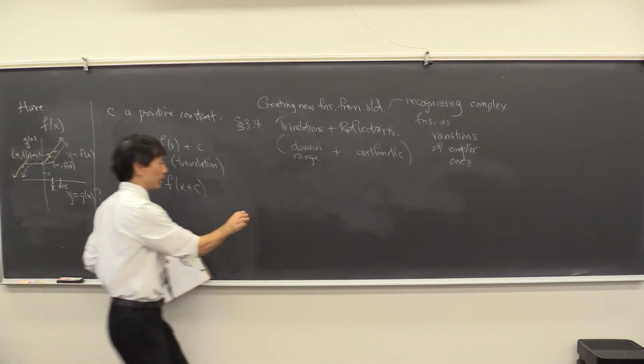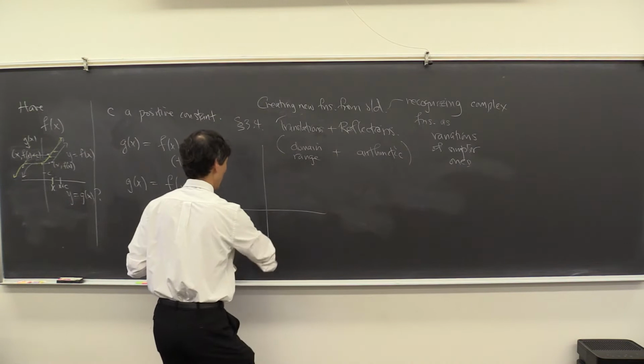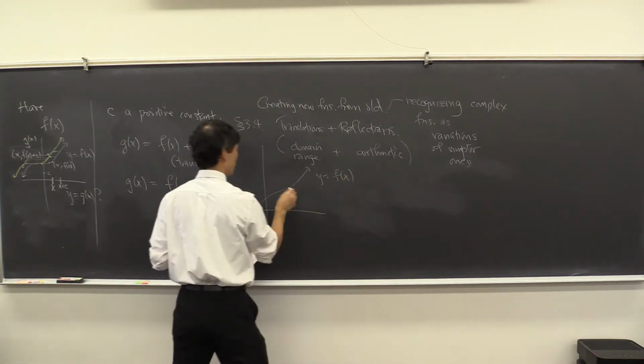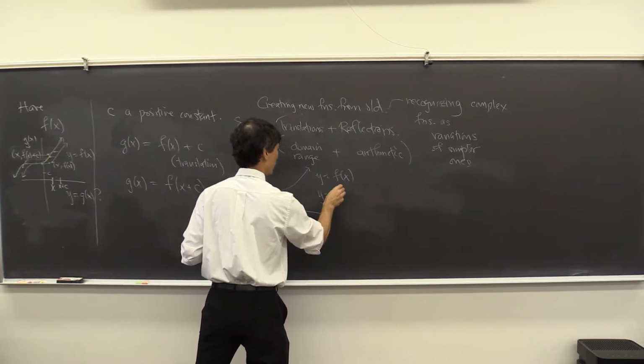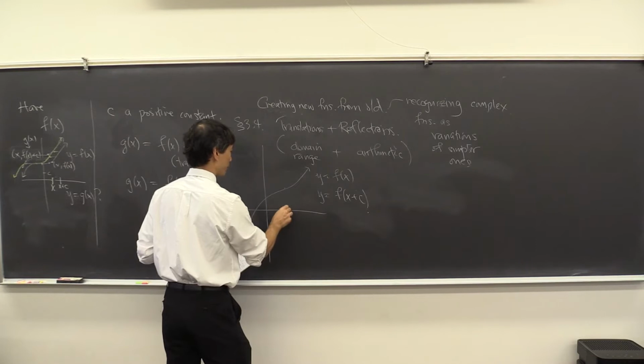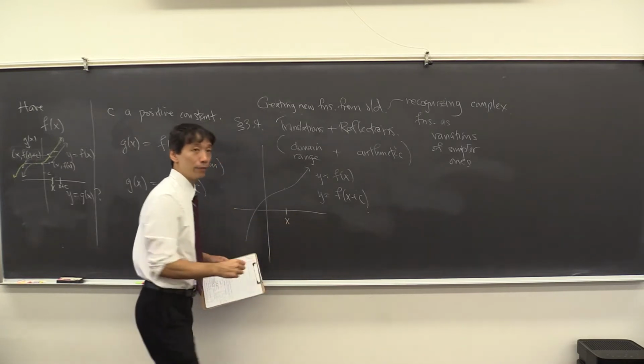Right? So let me. I have some function y equals f of x here. I have this other function g of x equals f of x plus c, right? So to figure out the graph